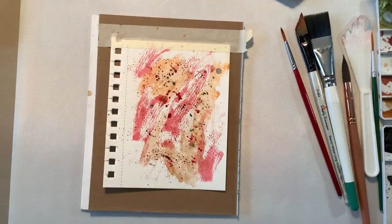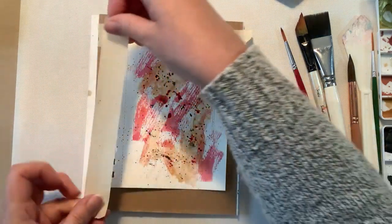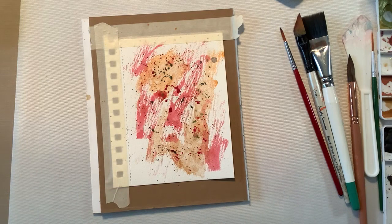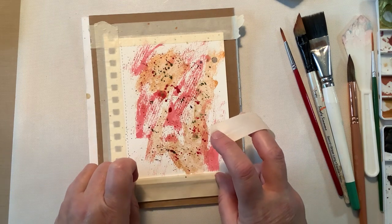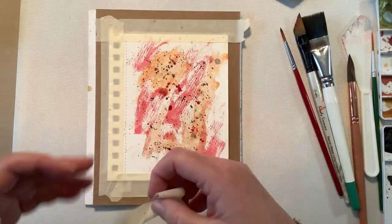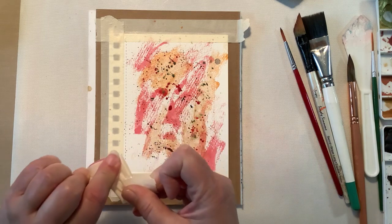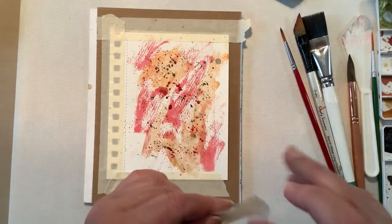And the reason for putting masking tape on is so that it doesn't buckle up as you're putting a lot of watercolor onto it. So that's the scoop. If any of you know of a good place to get something that I can use over and over again, something that I can use my masking tape on to tape down my loose watercolor paper,